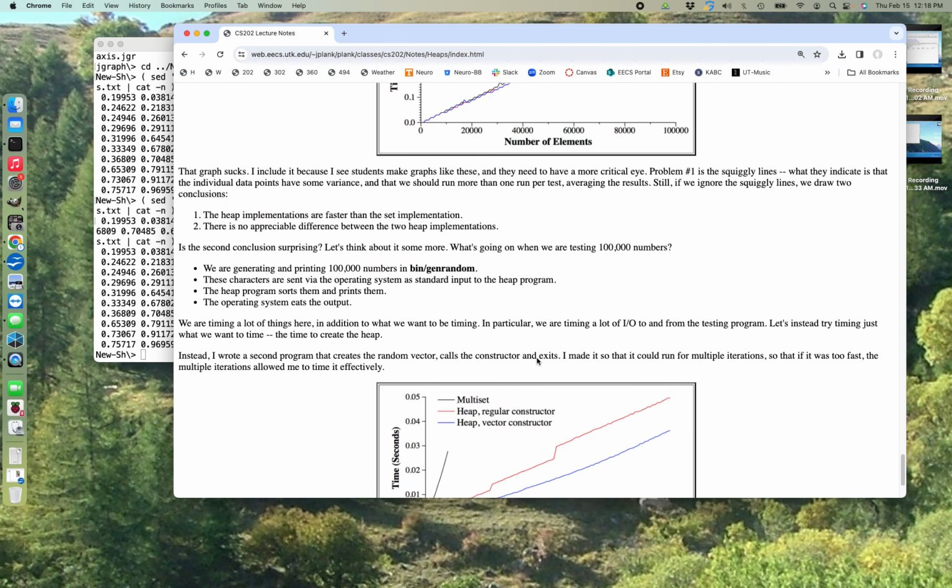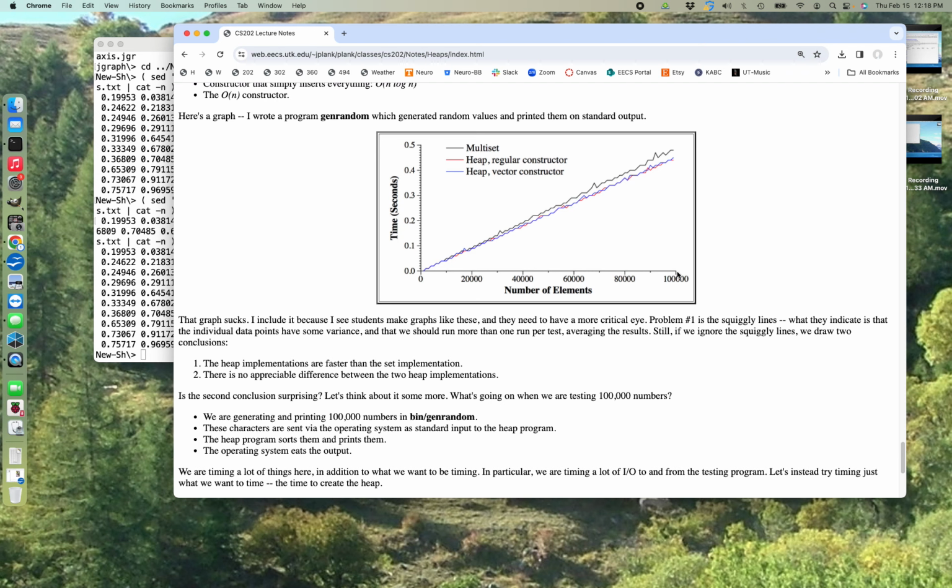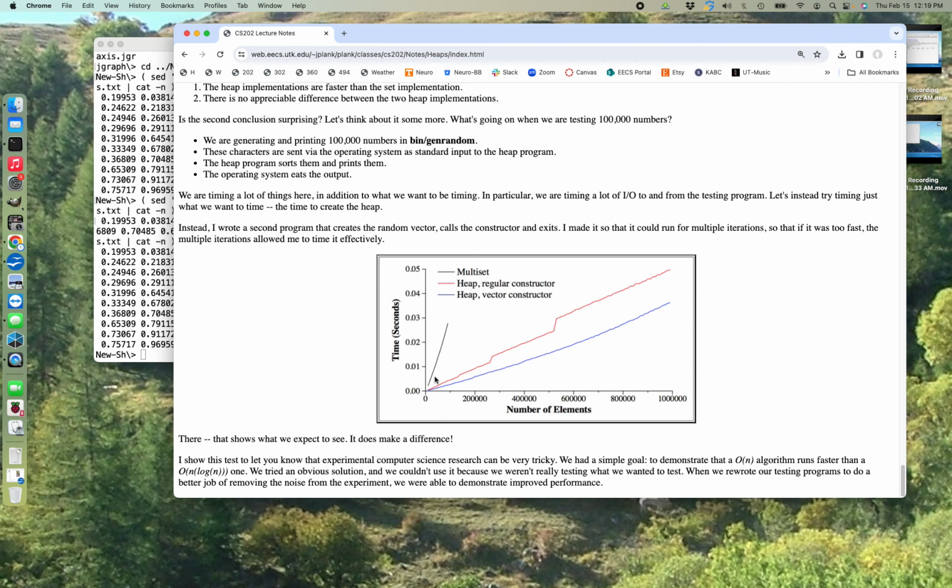And if you look at number of elements, 100,000 is taking half a second. Should have been a clue. My machine's running at 3 gigahertz. Whereas here, 100,000 elements is taking that. And then you could definitely show that the vector constructor is better. What's going on here? No idea. Cache effects. That's what's going on here. That's what you say when you don't know. You say cache effects. Okay, I'm never getting through this lecture.